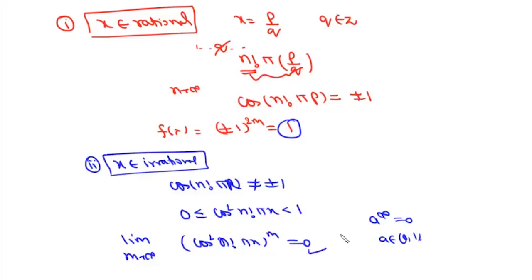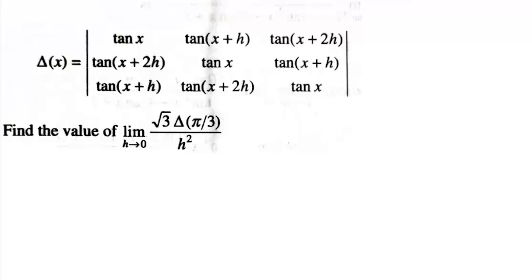the function is going to take the value 0. Now here the question is, we are given this determinant delta x, and we need to find the value of this limit h tends to 0 root 3 delta pi by 3 upon h square. Now if we look at this limit h tends to 0, root 3 upon h square delta pi by 3 will be this tan. We'll put x as pi by 3 later, so we'll write this as tan x